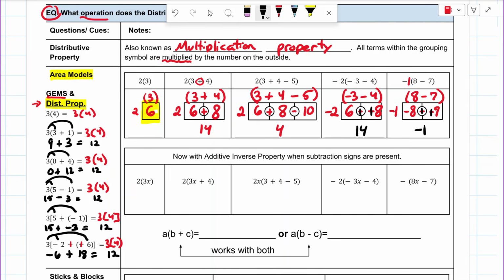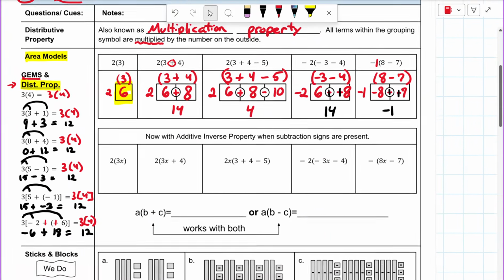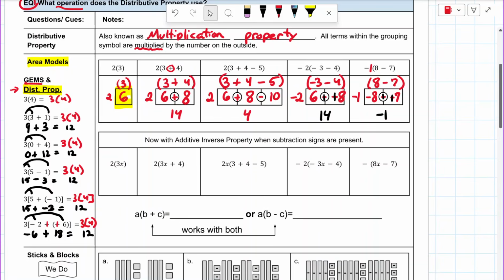So you can see it doesn't matter that we're doing gems or we're doing distributive property. Both ways work. So the distributive property can supersede doing what's inside the parentheses as long as you're doing it correctly. All right, now you just got to see me making these arches across. So we're going to be using those on this one instead of the area models. So now with the additive inverse property, when subtracting,